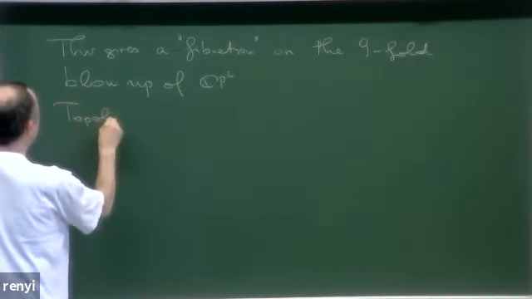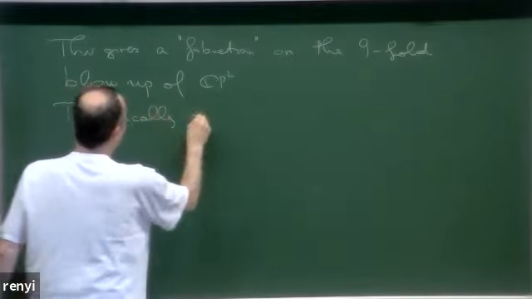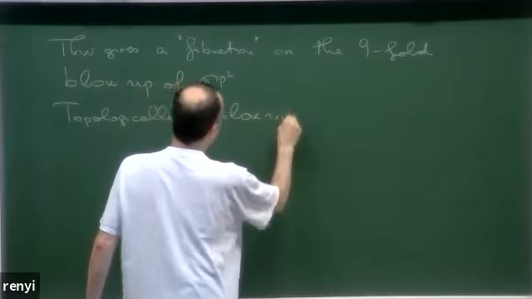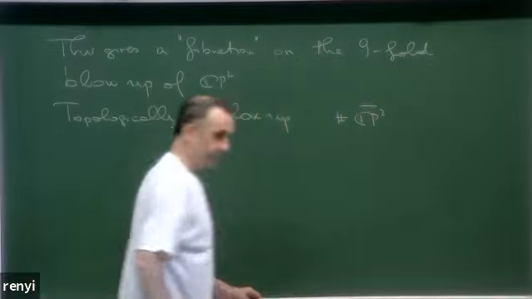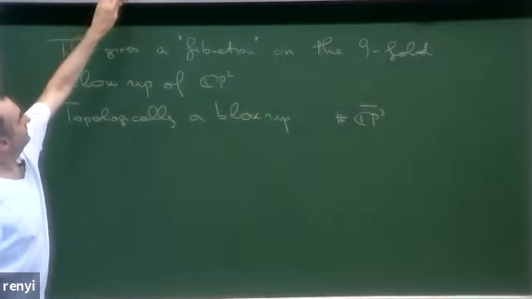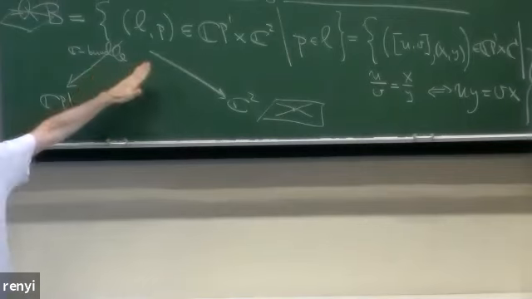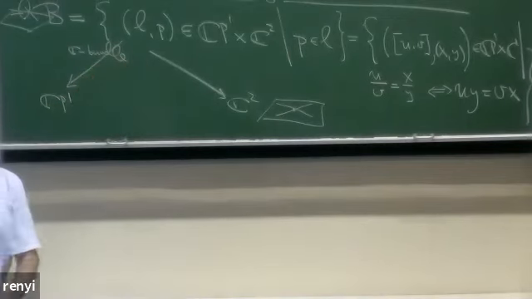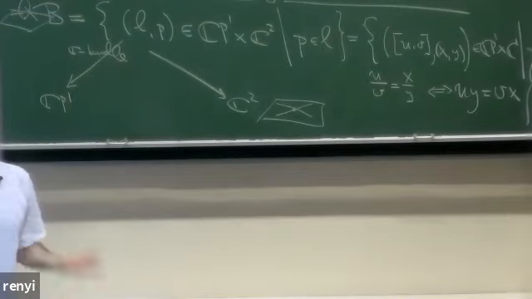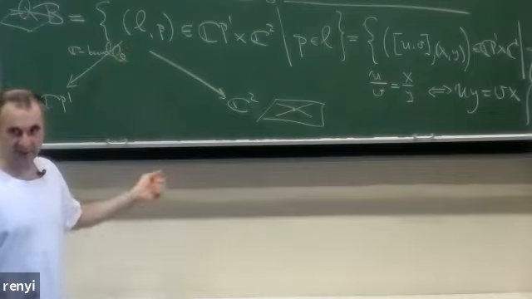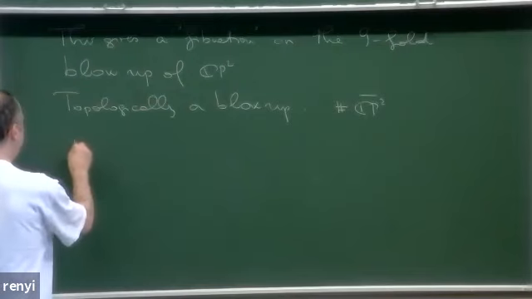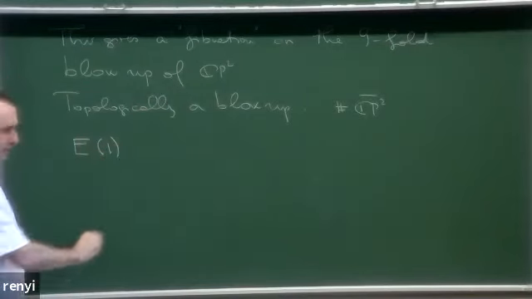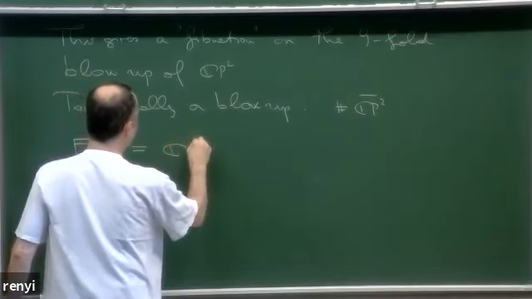Topologically, a blow-up is just connect sum with CP2 bar. It's not very hard to see that this C bundle has Chern class plus or minus 1. And it needs a little bit of suffering to actually see that the Chern number is -1. So really, it's a CP2 bar. And so at the end, we get a new manifold, which I denote by E1, which is just CP2